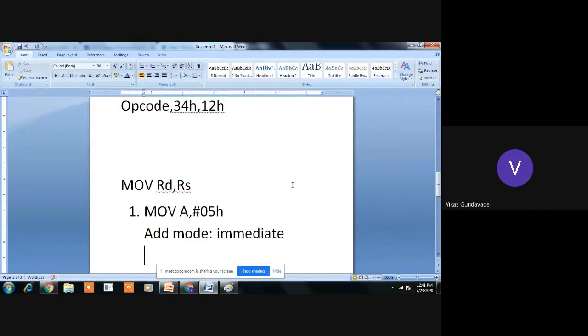Now here MOV A, #05h, the addressing mode is immediate, and how many spaces of memory are required to store the instruction, or we can say how many bytes are required?